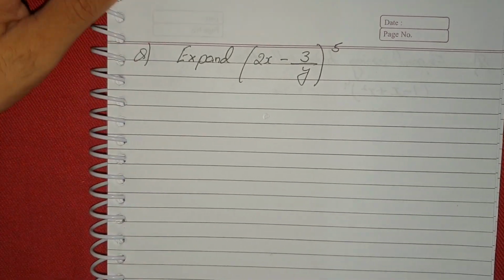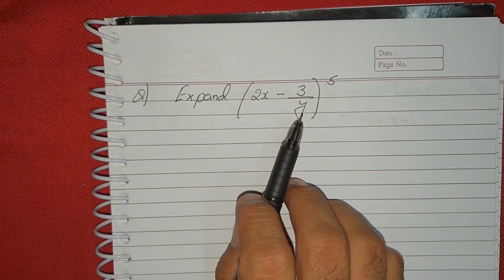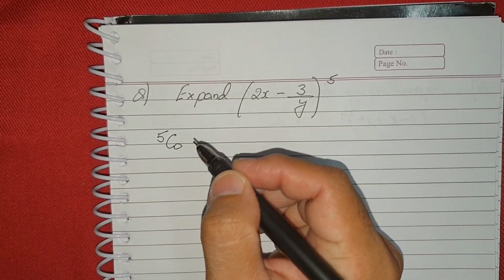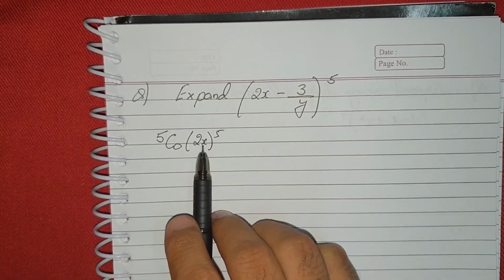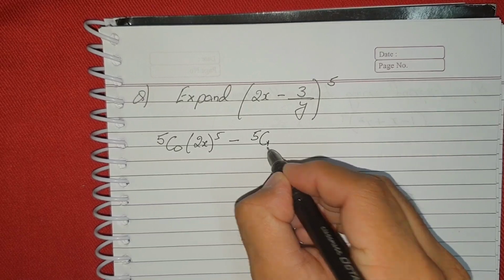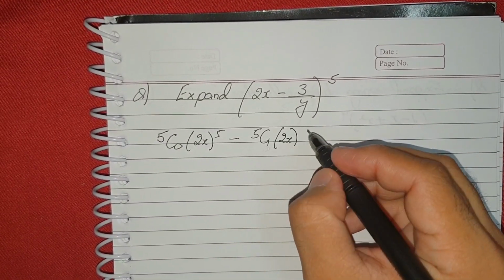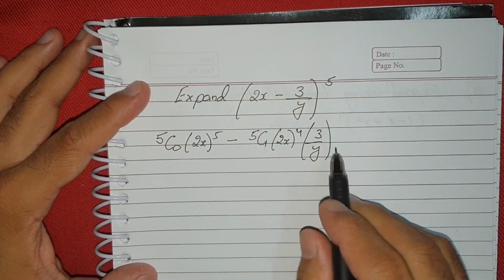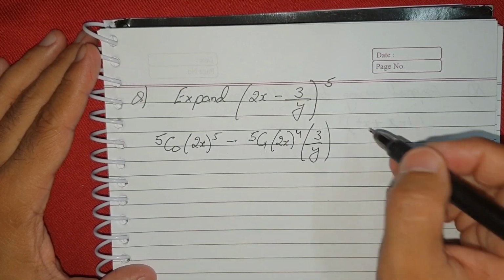Okay, so now let's start. So this is our expansion. So first we write 5C0, now (2x) to the power 5, this is our first term, then minus 5C1 (2x) to the power 4, this is (3/y). Now this has power 1, so negative sign, plus